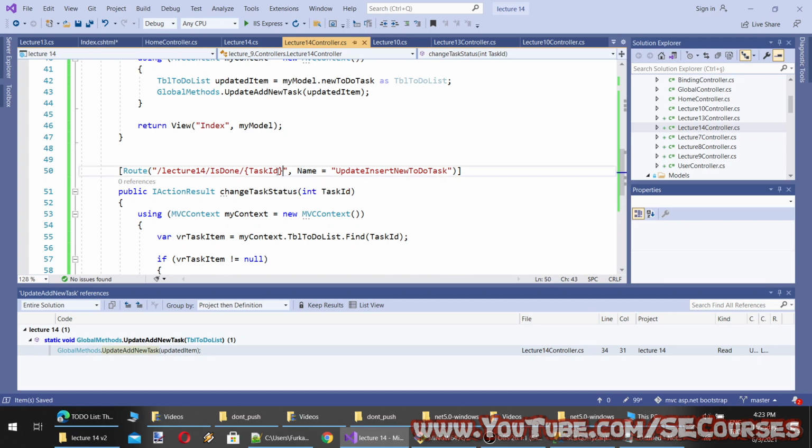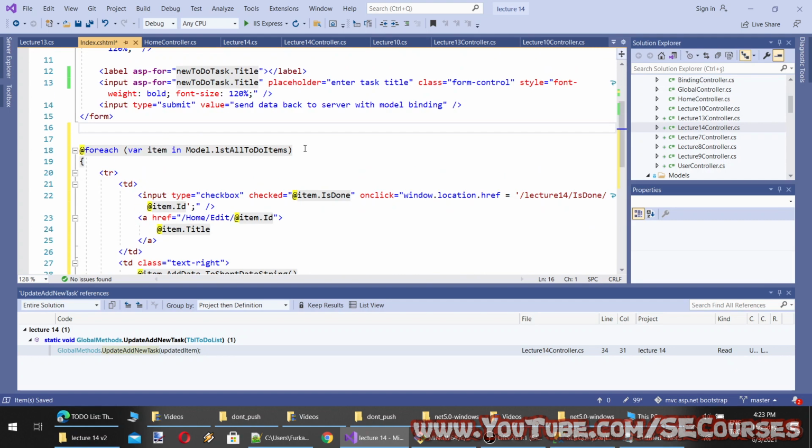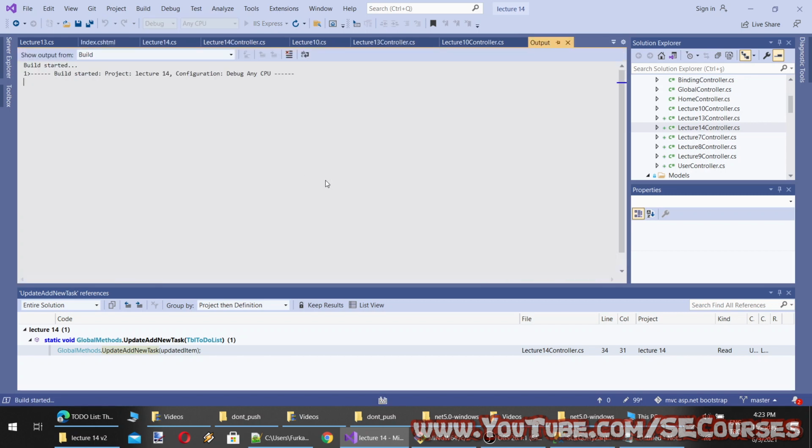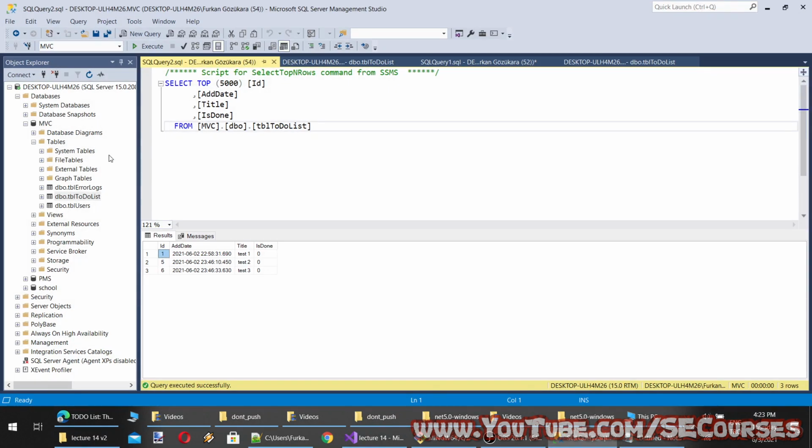Okay, so this will be our path. Lecture 14 is done task ID. Let's open our index here. So we will have a checkbox, and let's first test the checkbox and whether it is working or not. So currently all of my items is done is 0, false, which means